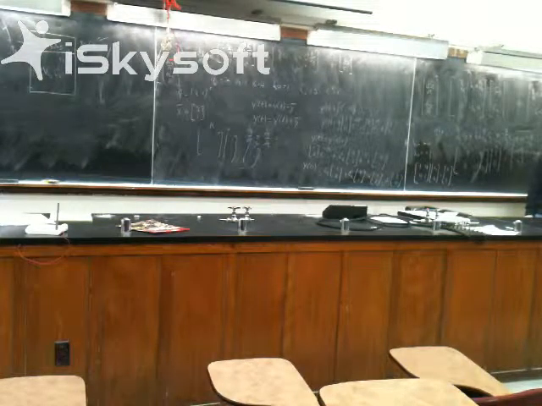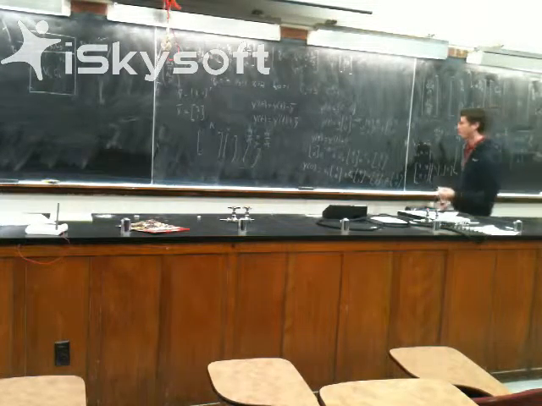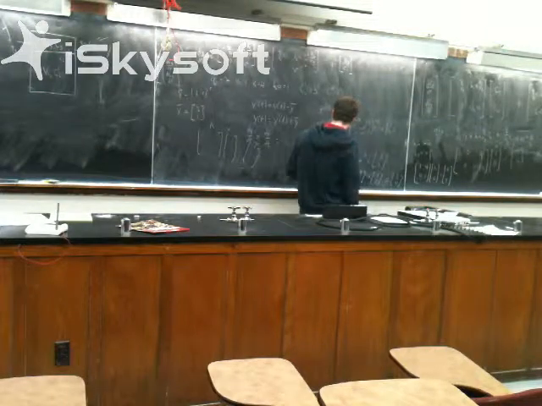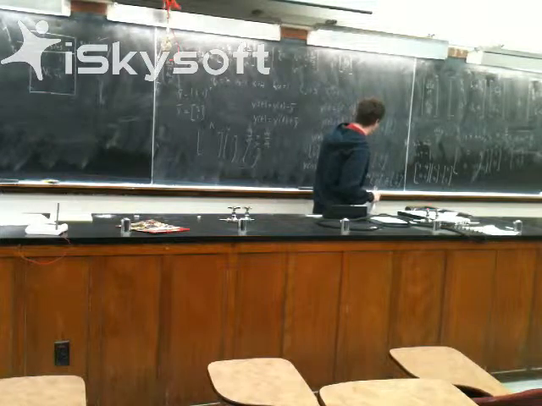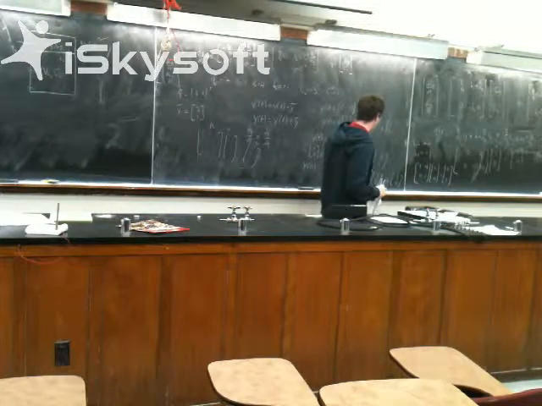Assuming you guys can get from this step to this step, it's just two separate equations. So it's 3 equals c1 plus 4c2 plus 3, and 0 equals